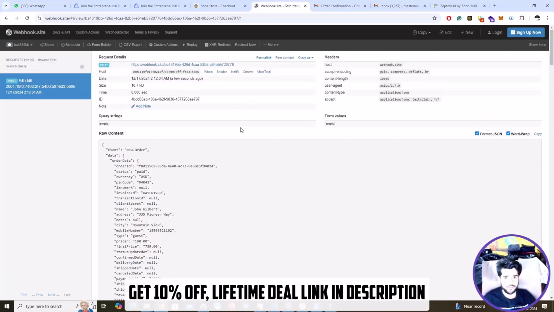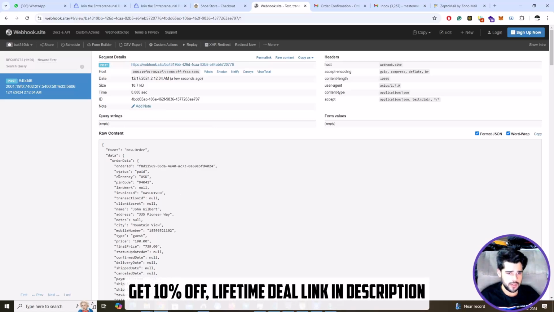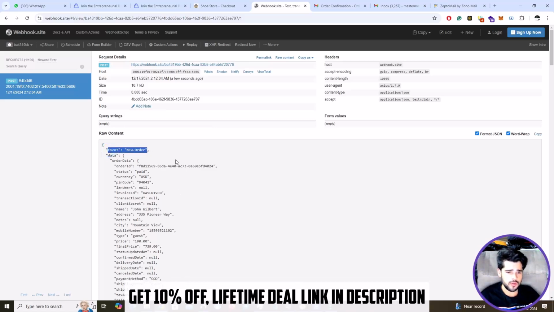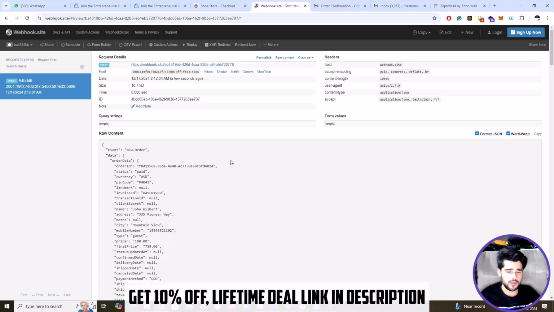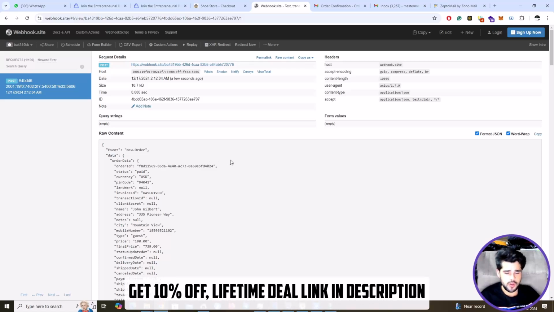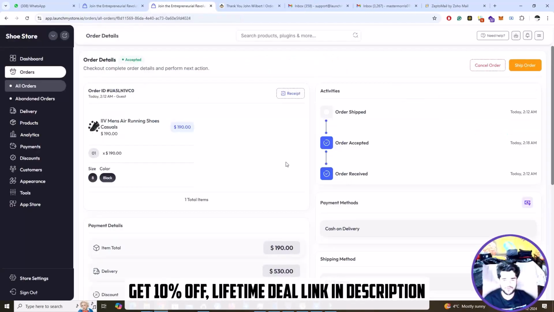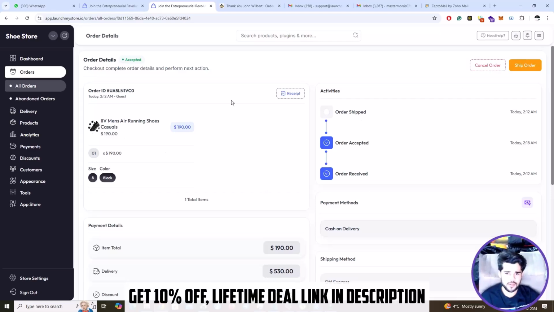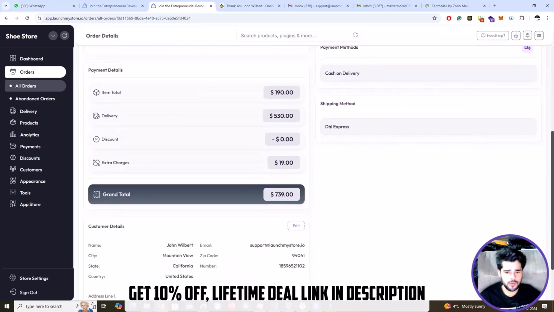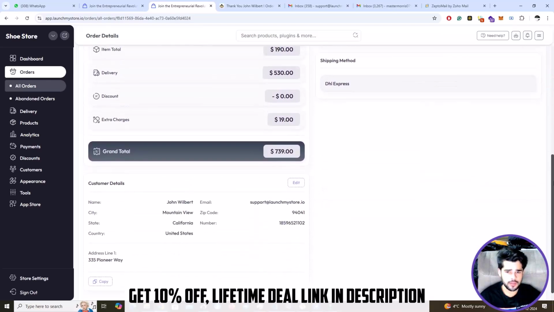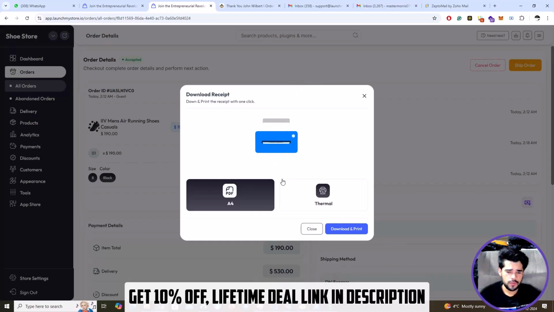Merchants can also add webhooks from their dashboard to receive different types of events such as new.order, which they can connect to existing or external providers such as Zapier to automate some tasks. In your dashboard, you will receive an order like this. You can choose to cancel the order or ship it, and from here you can see all the order details. You can also download receipt of this order,